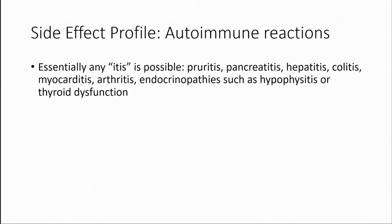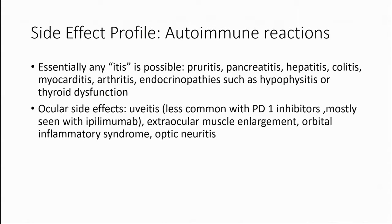Side effect profile is important to cover. So essentially any itis is possible. Any type of autoimmune inflammatory response is possible to experience. Pruritus, pancreatitis, hepatitis, colitis is very common. So diarrhea can be a very common symptom reported by patients. And thyroid dysfunction. So these side effects are usually mitigated with the use of steroids, but they're important to be